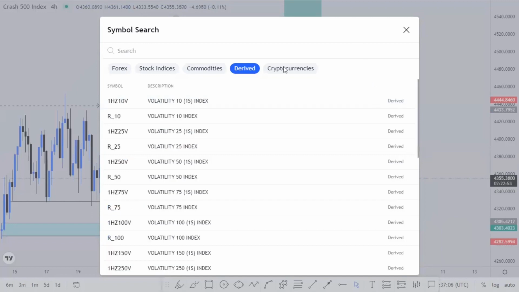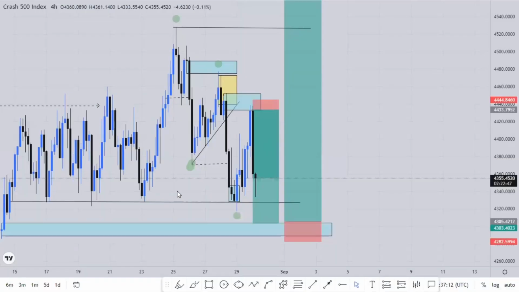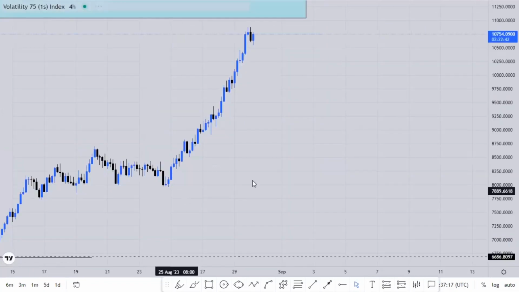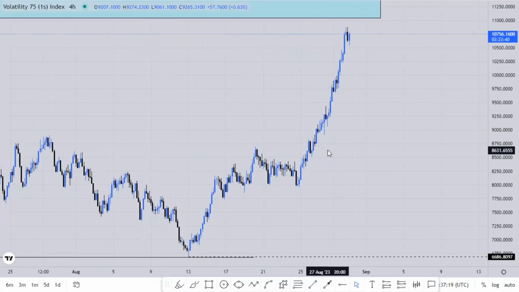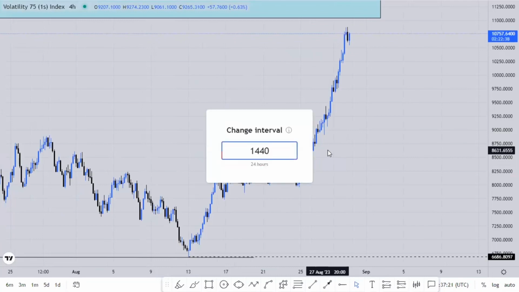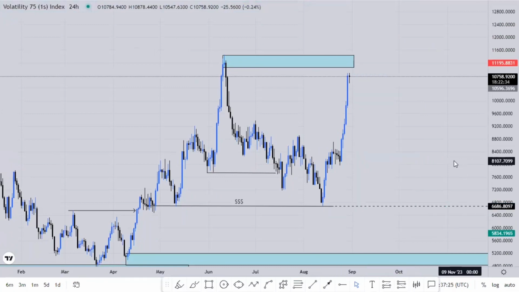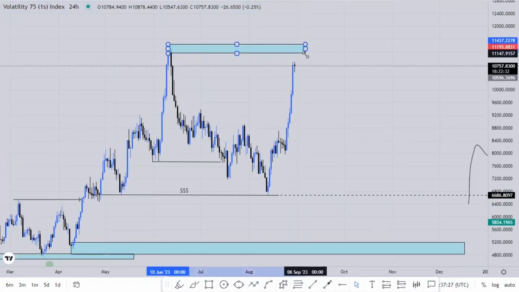Where am I seeing them? Where am I seeing the high probability setup? So your ability to identify where a high probability setup is currently. What is a high probability setup? Someone might ask that question. So a high probability setup is a setup or an entry point whereby you know that maybe it's a swing